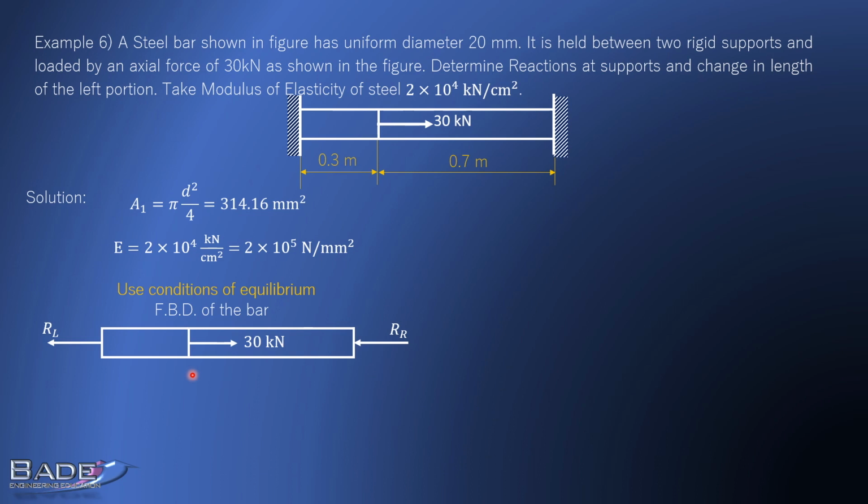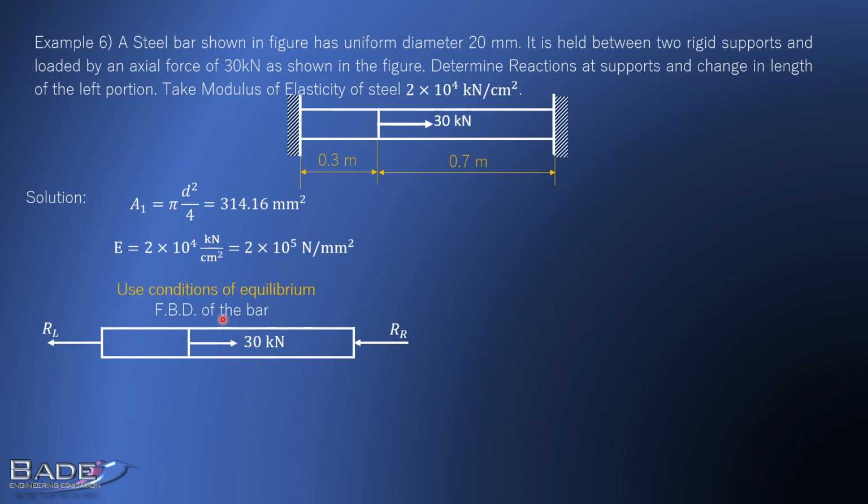Now, why have I shown the reactions in the leftward direction? The first important thing is you can assume a direction for reactions. So no problem if you show this reaction rightwards, no problem if you show this reaction rightwards. If the assumed direction is wrong, you will get a negative answer and then you realize that the direction shown in the diagram was wrong. You can correct those directions. So no problem at all if you assume the direction. But I have shown it leftwards. Simple reason, it's common sense I have used.